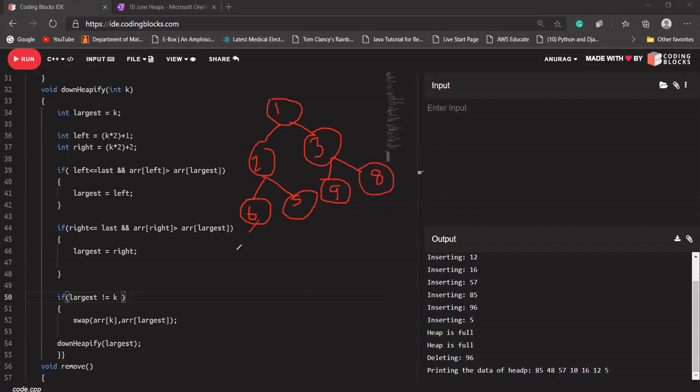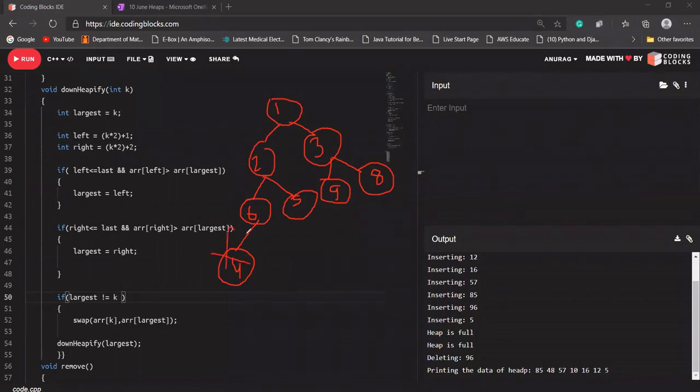Let's say I'm trying to add seven here. Sorry, no. Let's say I'm trying to add four here. Sir, we'll do min. You just explain the logic. Okay. The logic is the same. You don't need to do anything. Let's say I'm trying to add four in this min heap because this is our min heap right now.